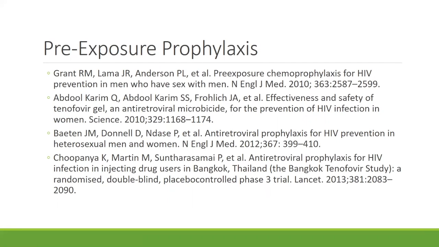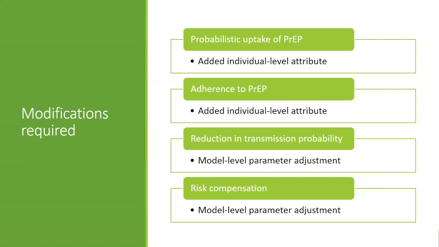And so we do have, right, evidence within our population of interest, heterosexual men, and in others. And so then the question is, okay, this looks like it works at an individual level. What's going to happen if we manage to scale this up? How do we do this in a way that maximizes the impact? So again, our modifications are fairly minimal. We have to add a couple of attributes. First of all, would they even be willing to try? And secondly, how well do they adhere? So we had 3 levels of adherence, basically.